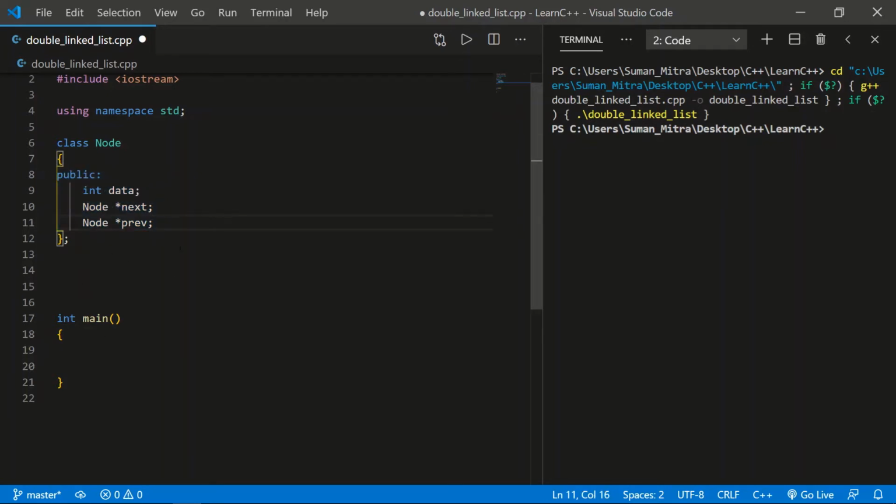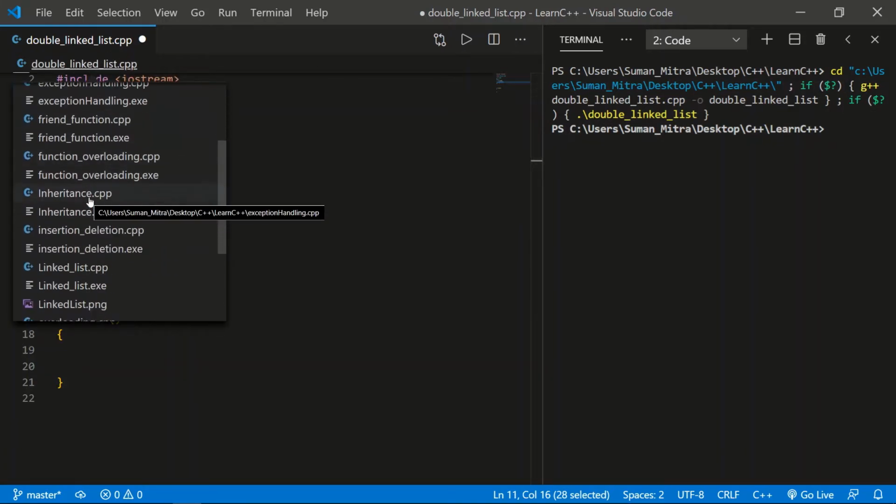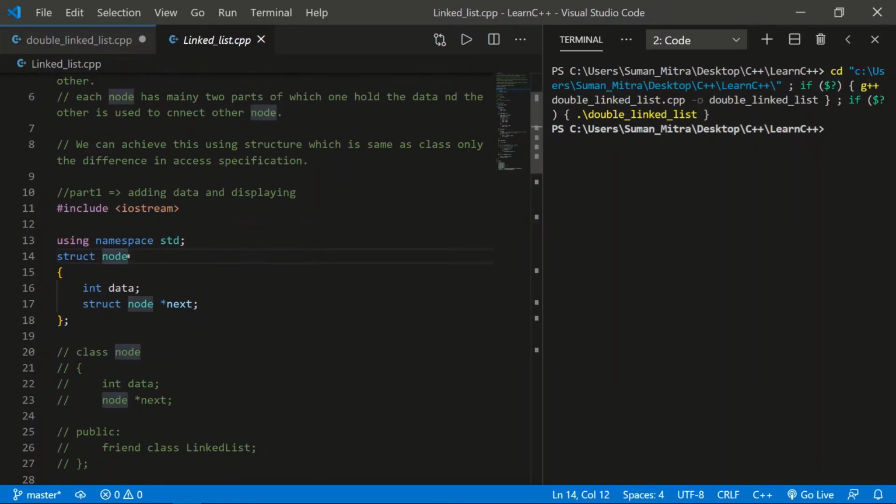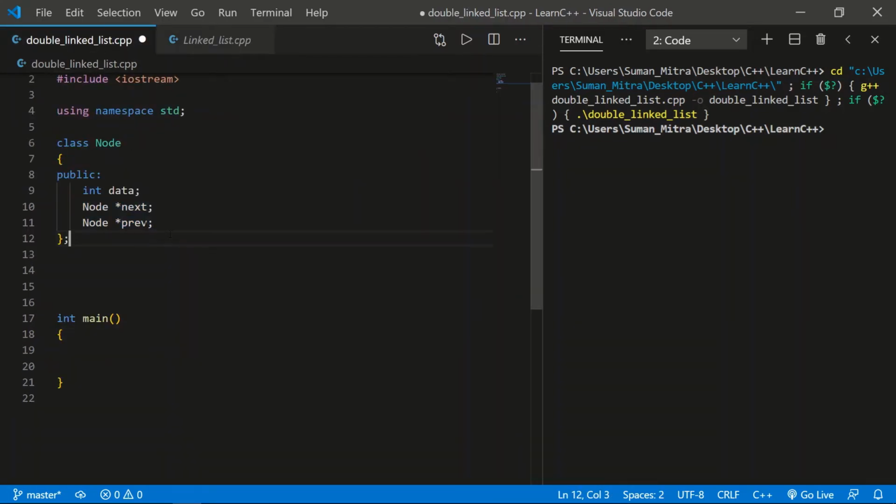So we took data like the previous example in single linked list. In the previous one we created only one extra node pointer, that is next. I'll show it one more time so that you understand better. I want you to learn in a proper way so that you don't face any difficulty. But in double linked list we'll create two pointers, the previous and the next, because in double linked list the node contains three parts: the data, the next, and the previous. So this is the main code that needs to be executed.